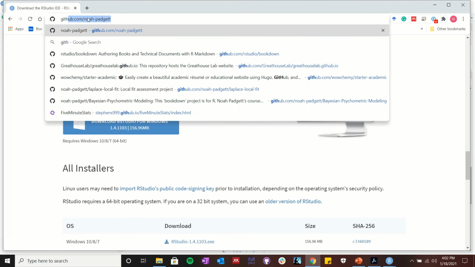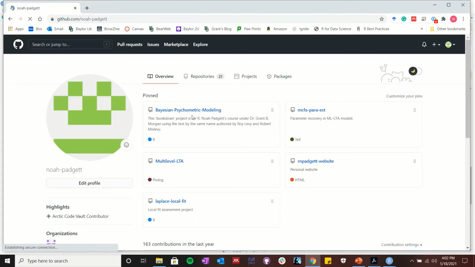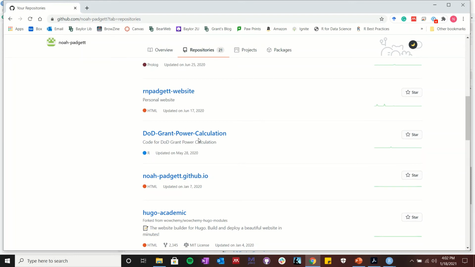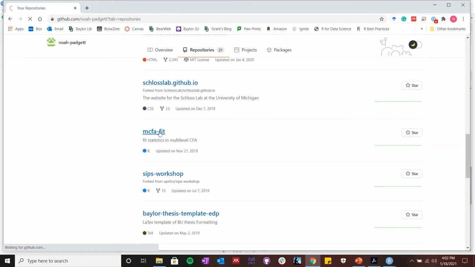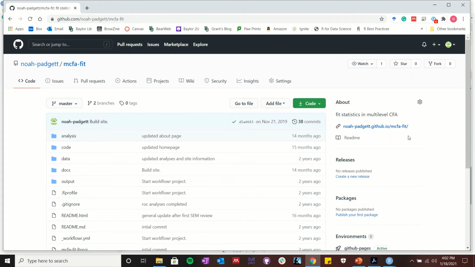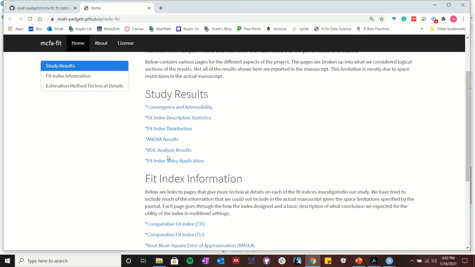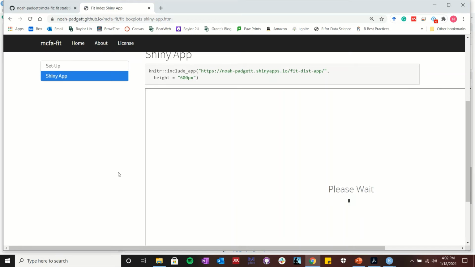If I go to my GitHub account, I'll show you. One of the projects that I did, the one that I published, was a fit paper about multi-level CFA models. And so here are the results of that study. They're all here, all version controlled for other people to see. I can show them the different fit indices, and the nice part is you can actually make it interactive as well. So I made an interactive piece with